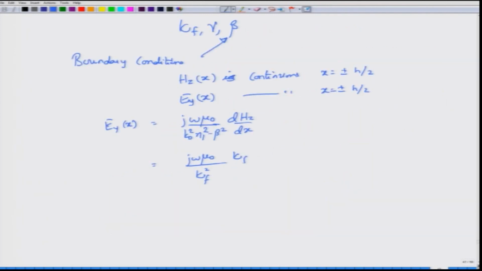So, I will have a kappa f outside, and then I have minus a sine kappa f x plus b cosine kappa f x. Okay. I have two kinds of solution, one is a sine solution, one is a cosine solution. What I am going to do is that I know that this field that I am considering is actually an even kind of a function, right. So, I have this as an x axis. So, I have this as x equal to minus h by 2, and this is x equal to plus h by 2. If I were to assume this is a solution of the sine form, so this would be the sinusoidal function like this within the film.